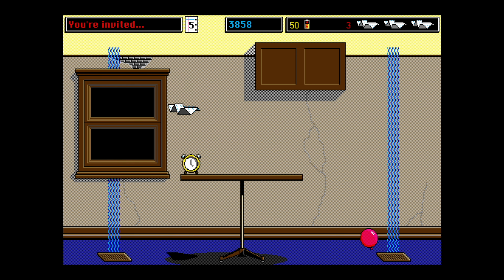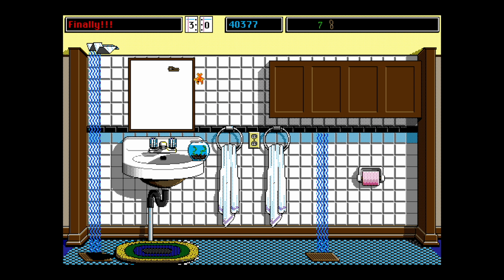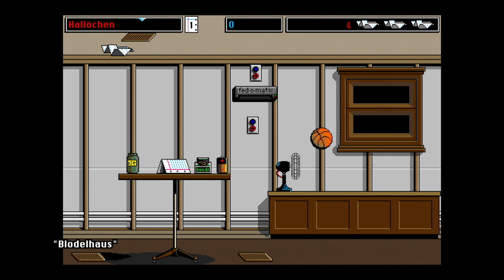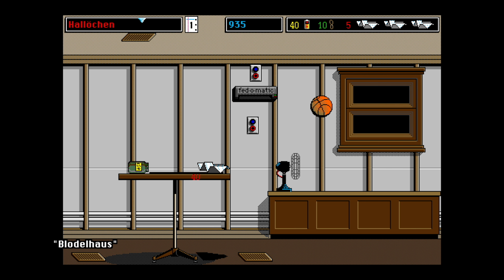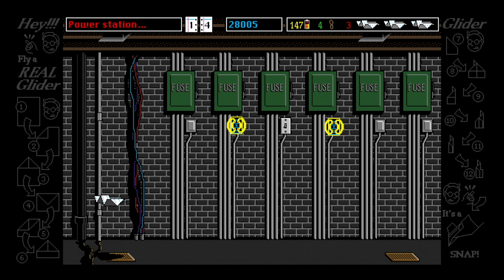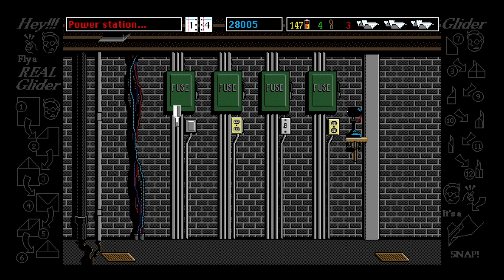On top of that, new power-ups added strategy. Batteries let you boost forward to clear obstacles, and rubber bands could be fired to disable enemies from a distance. Some rooms even leaned towards puzzles, where switches controlled airflow, toggled lights, or changed the environment in ways that demanded timing and planning. The groundwork laid here would directly fuel the series' most ambitious leap just a few years later: